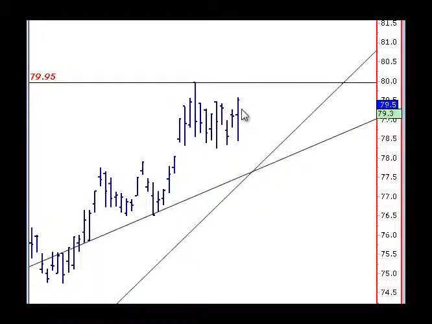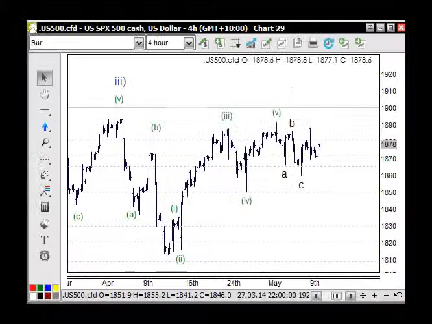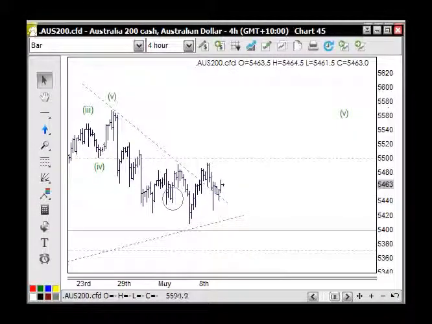The Friday was up, so hopefully the Monday will push through as well. We don't have a lot of volume in this particular bar, but this is a corrective pattern. It's going choppy, so it's corrective. So at some point it will move up. That's the reason I'm mentioning this, because of the pattern on the Australian market, the ASX 200 here,